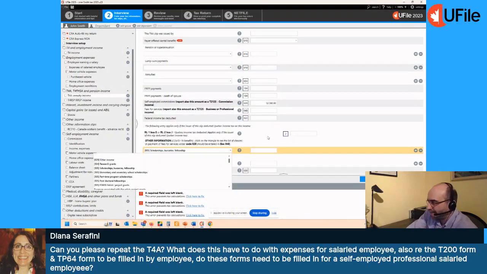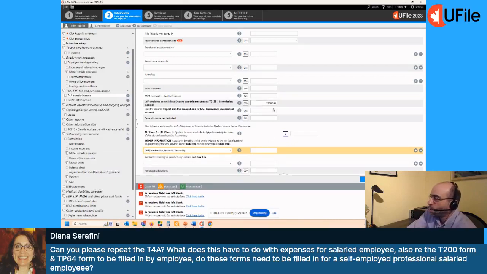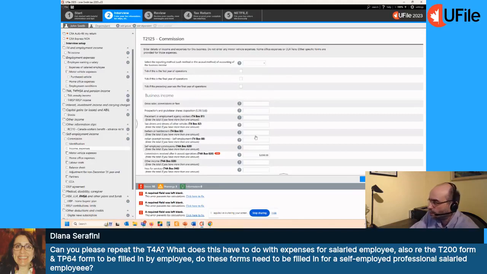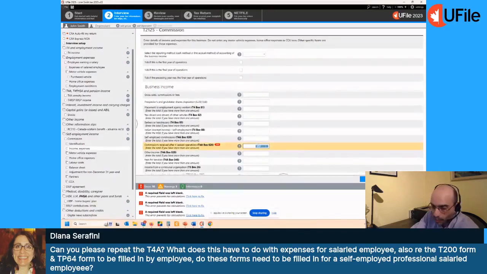Whatever you enter in there is considered self-employment income, which means within the self-employment section under income and expenses, you would have to repeat the entry, because it is self-employment income and it has to be indicated as such. Once it's indicated as self-employment income, you can deduct expenses off that income. That's the purpose of it: you could claim expenses for that income as well.